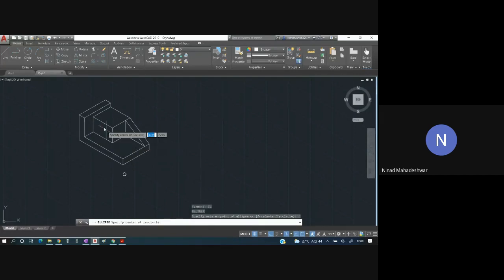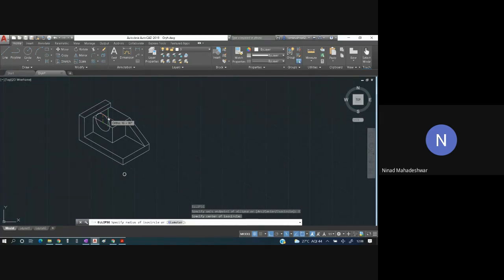Then it will tell us to specify the center of the isocircle. Now the center of the isocircle is over here. If you hover over this entire line, this becomes the center. So if I start drawing, this will go in this plane, that is XZ plane.